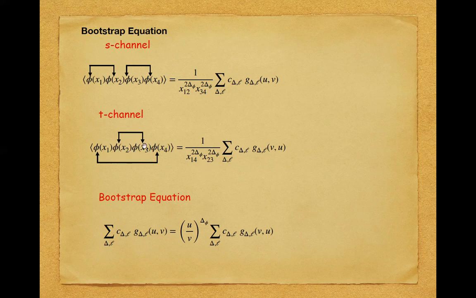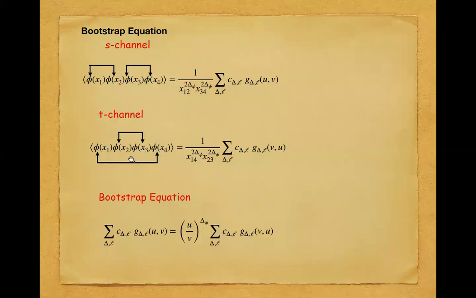I can do the conformal transformation and bring two of them close together, and at least for this kind of configuration, I can believe that. Next question is, what if the points are collinear? I'm going to do a conformal transformation and bring them close together. If you don't allow me to change, then it will not happen, right? But I can do a conformal transformation on this and bring